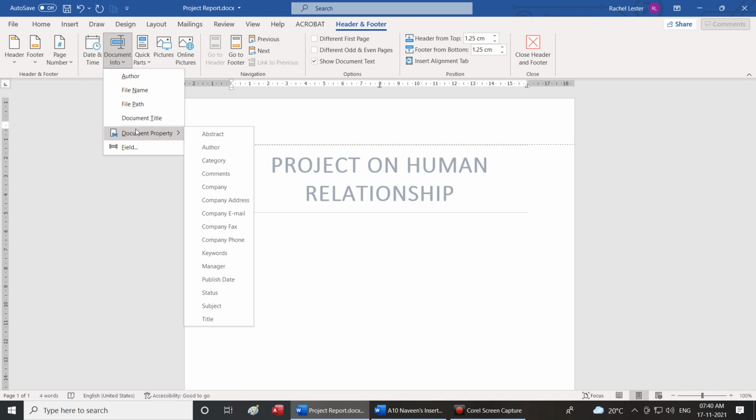This option allows me to insert various text using pointers. So some of those pointers or fields are,